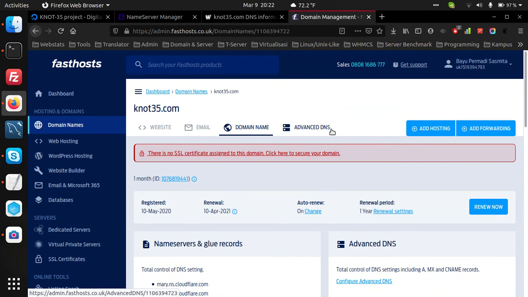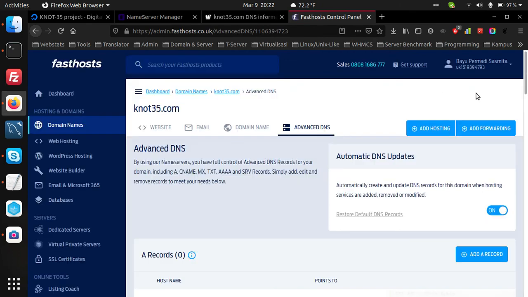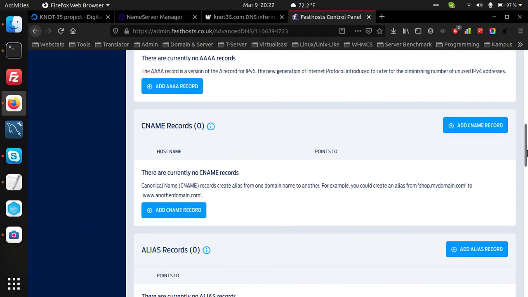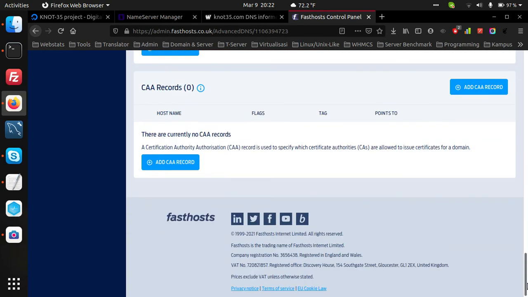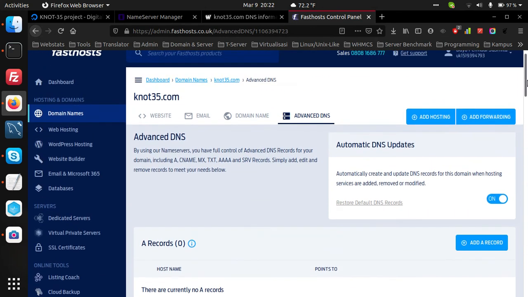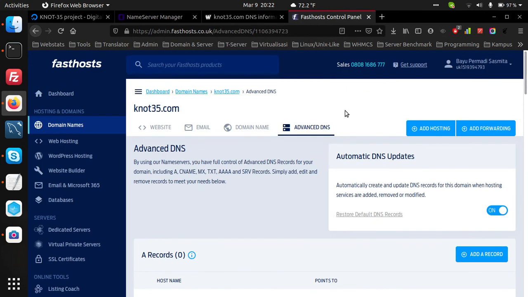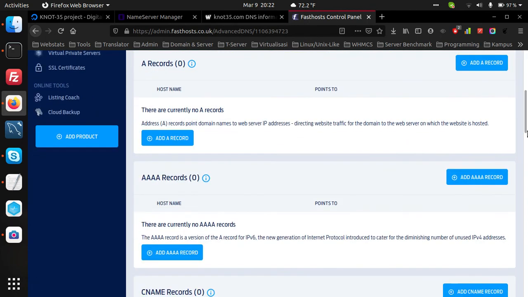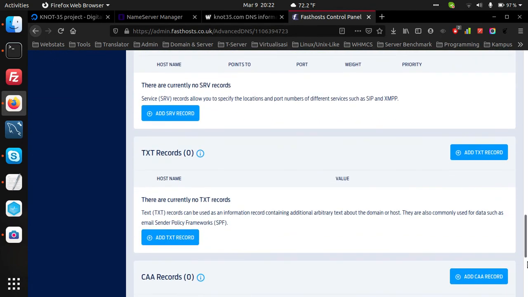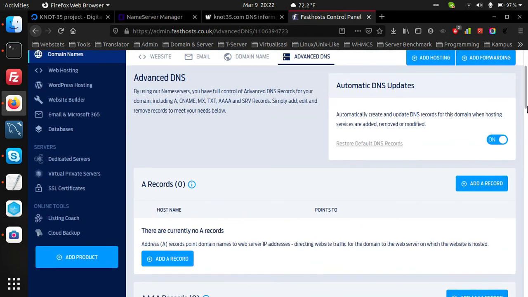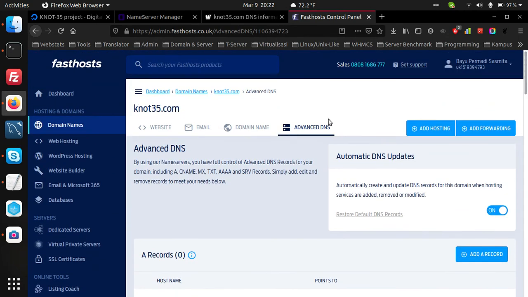Then on advanced DNS, it looks like they don't have the glue records or private name server feature, so we can set it on this domain registrar.